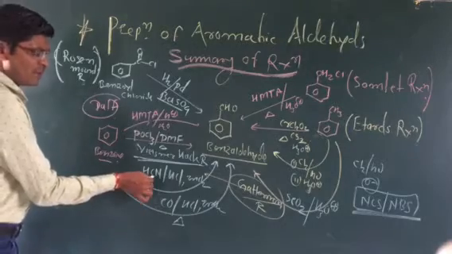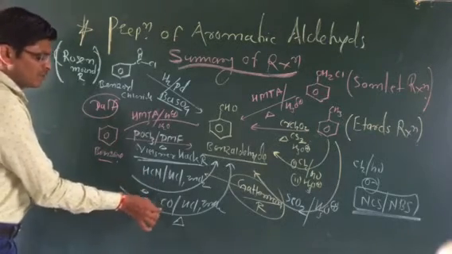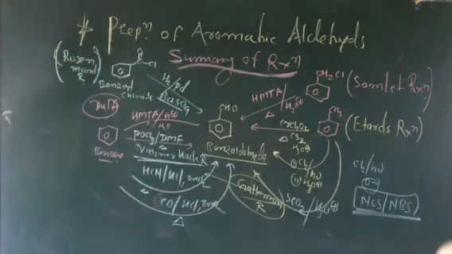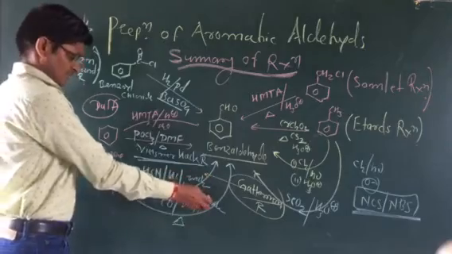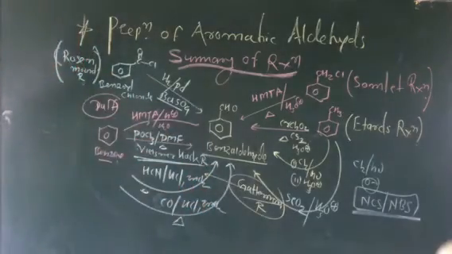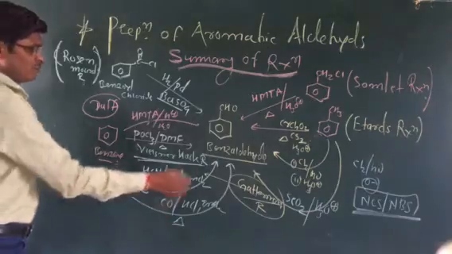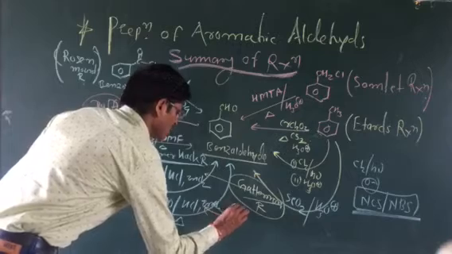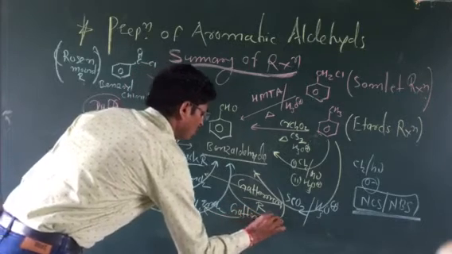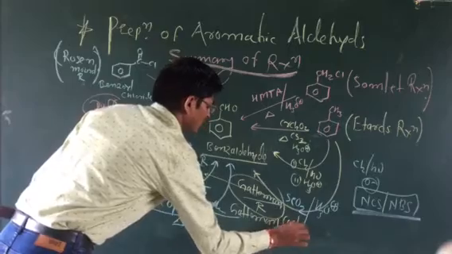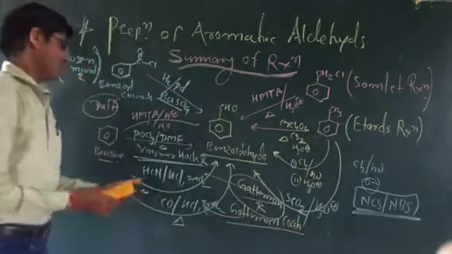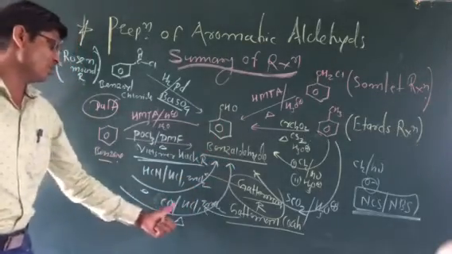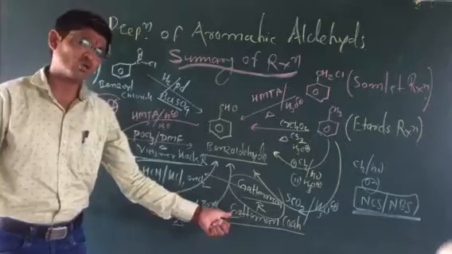If instead of hydrogen cyanide we use carbon monoxide, that is, a mixture of carbon monoxide plus hydrochloric acid in the presence of zinc chloride or a Lewis acid such as ZnCl2 or AlCl3, starting from benzene to benzaldehyde, such a reaction is the Gattermann-Koch reaction. HCN, HCl, ZnCl2 is the Gattermann reaction. CO, HCl, ZnCl2 is the Gattermann-Koch reaction.